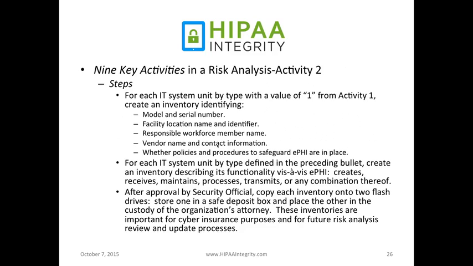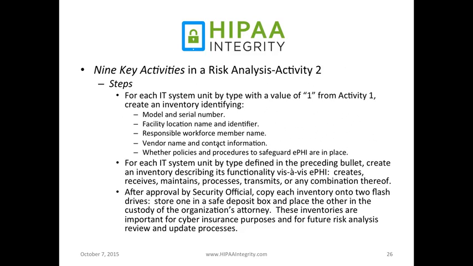So for each IT system unit by type, defined in the preceding bullet, you'd create an inventory describing its functionality vis-a-vis EPHI: creates, receives, maintains, processes, transmits, or any combination thereof. And then the security official would approve this, and you need to make, in addition to whatever copies you would use internally,